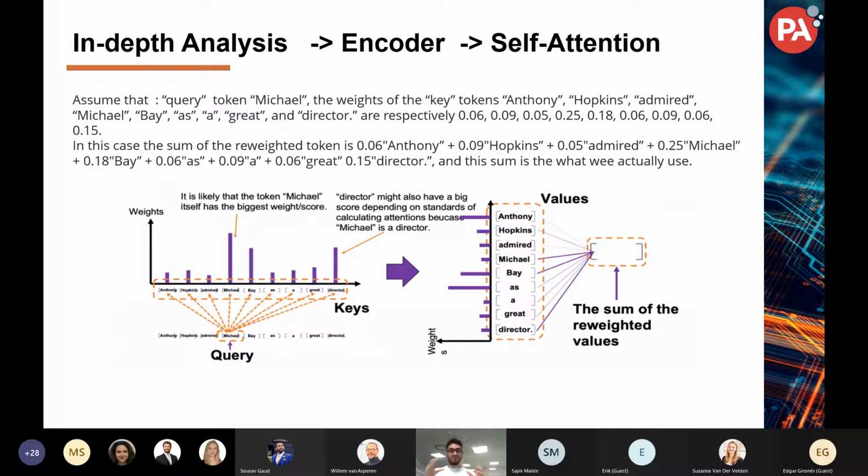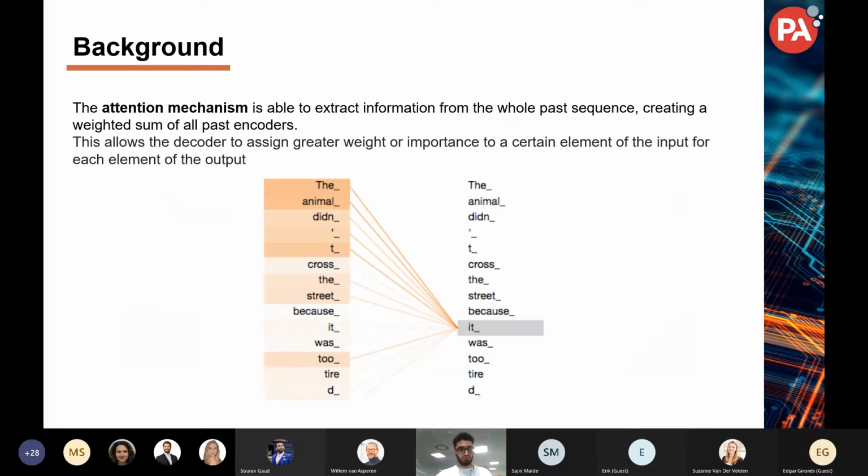So again, it's just trying to understand the context. Which word is more affecting which other words? And going back one sec to the attention slide, that is actually what we have here. In this case, when we want to get a representation of "it", "the" and "animal" have more weight and should be considered more than other words, because in this case, "the" and "animal" are referred to by "it". So going back,